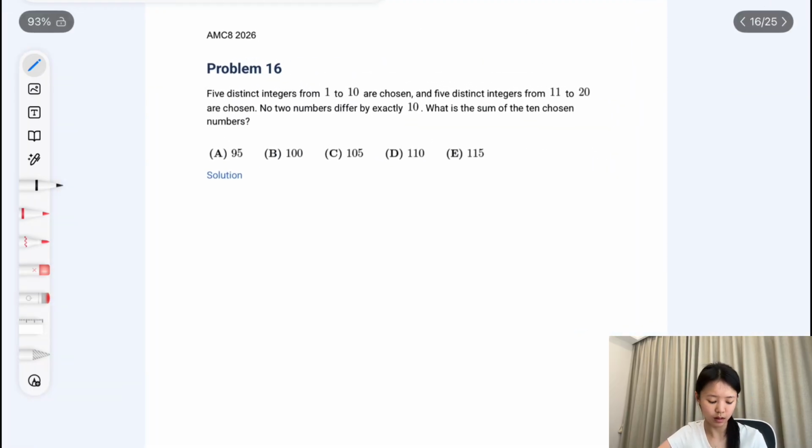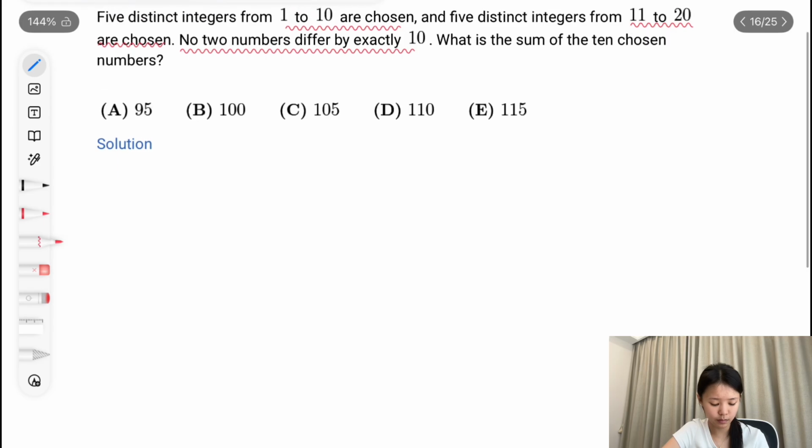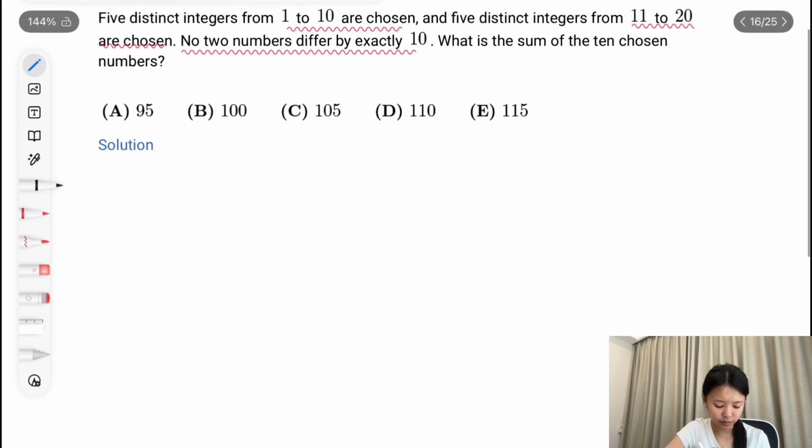Question 16. 5 distinct integers from 1 to 10 are chosen, and 5 distinct integers from 11 to 20 are chosen. No two numbers differ by exactly 10. What is the sum of the 10 chosen numbers? Okay, so what does this question mean? Basically, if we had